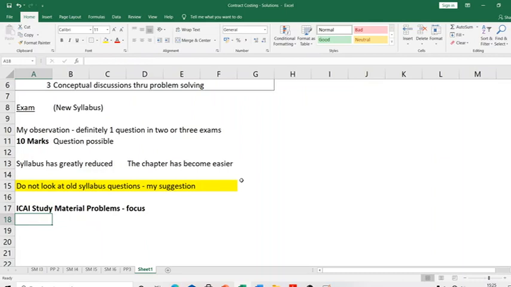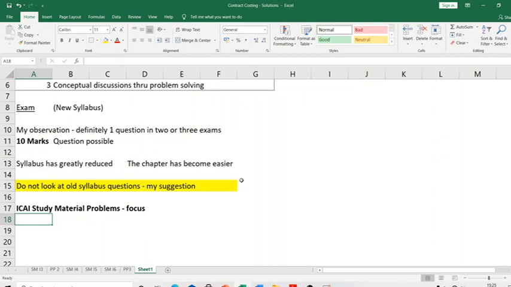right? Now, one thing is very important: you should understand these problems conceptually. It's not enough if you know how to solve the problem. Even if you mechanically know the steps to solve a problem, that's not sufficient. You should know the concept. You should understand why a certain thing is happening the way it is happening. If you conceptually get all of that in place, then your RTP problem or an exam problem is definitely something that you will be able to manage.